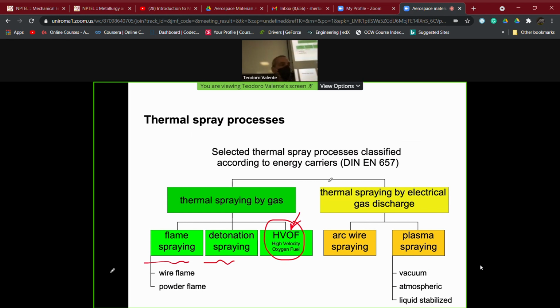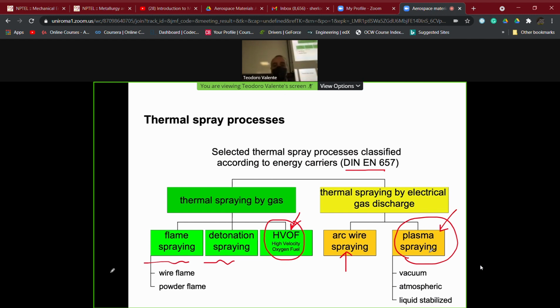The second possibility, and look, this is a classification according to an international German standard, okay, is to generate our heat source not by a combustion, but by an electrical gas discharge. With the formation, for example, of a plasma. And here we do have the plasma spraying technologies, that's plural, not singular, as well as we can have also other ones, like arc wire spraying, but for us, this is the important one for our application, which can then be